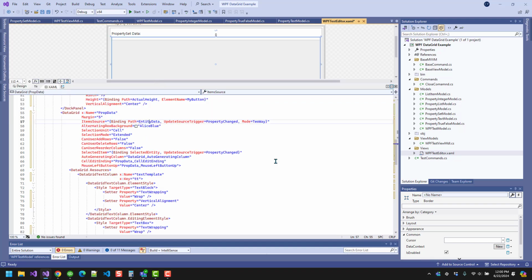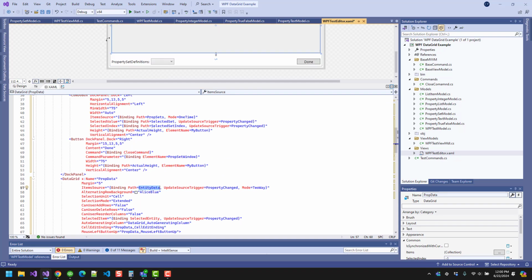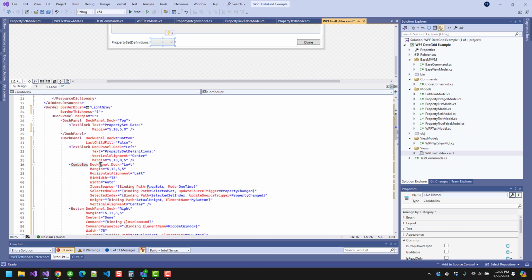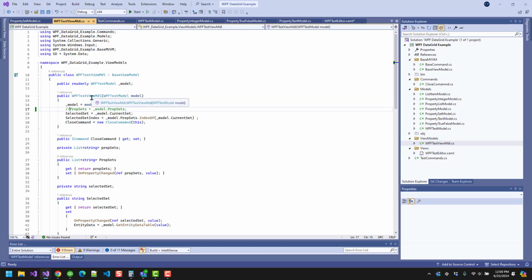And so my item source. So here I'm going to have my property set definition. So I'm going to go ahead and change that. So in my model,